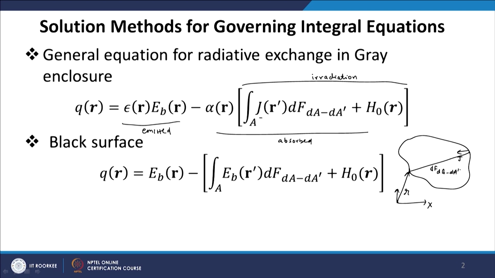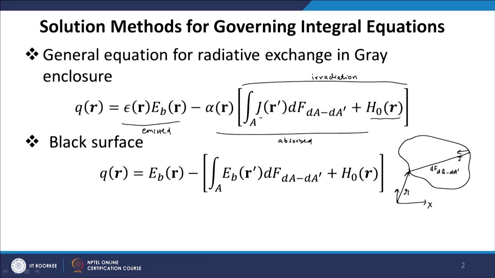So, with proper view factor we have to integrate over the enclosure, and this will give you the total irradiation, total incoming radiation at surface dA from all the enclosure, and we may also have an external component of irradiation coming from outside the enclosure. So, this relation we have already discussed, and this relation reduces to EBR minus the second term, which is very similar to the previous term. The only thing is the epsilon and alpha for the black surface have value equal to 1, and the radiosity J will simply reduce to emissive power. So, these relations we have already developed.